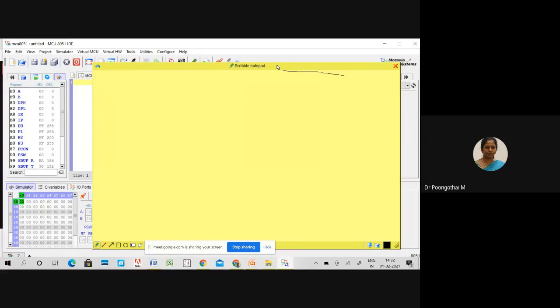So there are two methods to initialize the input data. One is direct addressing. So using direct addressing instruction, we can initialize data.